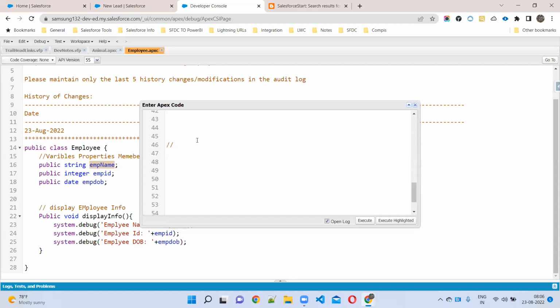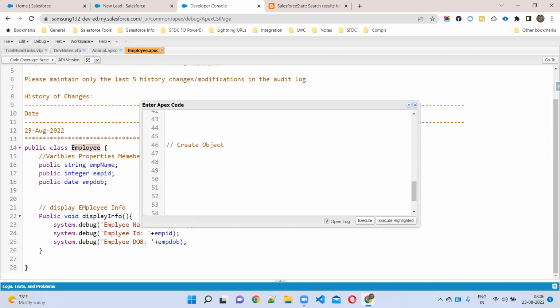Employee EMP1 equal to new employee. What is that? Create an object. No, first we have to create an object. Without creating an object, how can we call variables? How can we call the methods? Understand everyone? Yes, sir. If we create an object, then only we get memory. Yes or no? Yes. Now tell me the syntax for object creation.